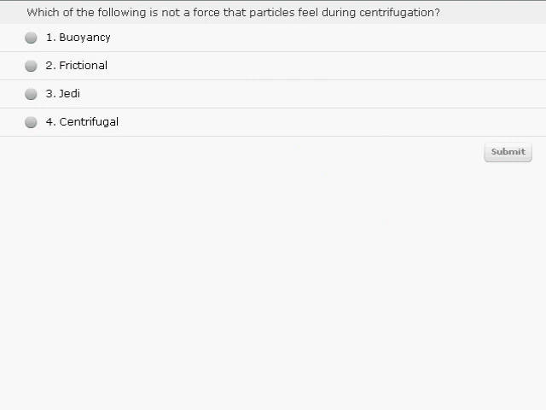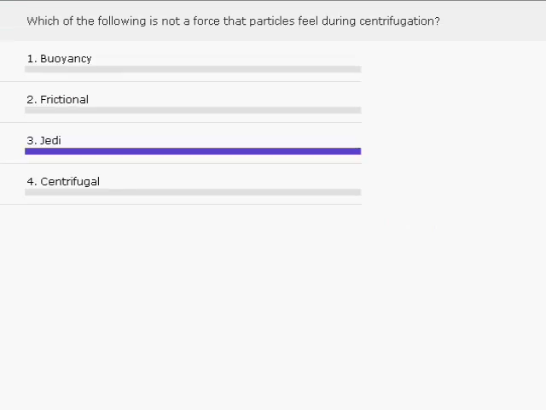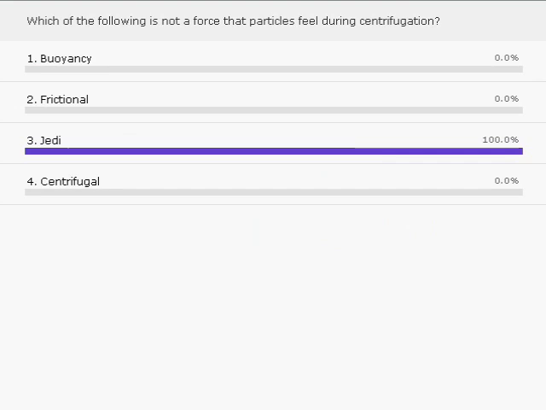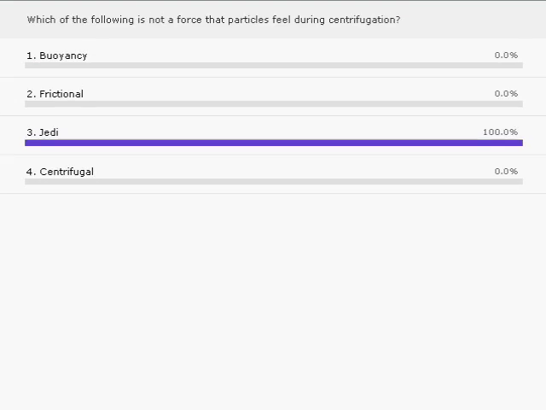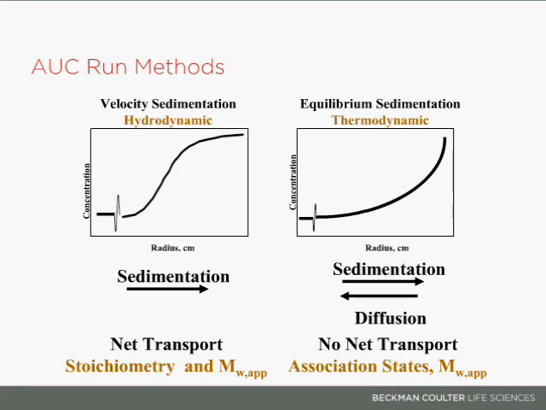So when you're running AUC, there are 2 different run types you can actually perform. The first is velocity sedimentation. You place your samples in the cell, and you just watch the speed that they sediment over time. These runs are typically shorter, a few hours up to a day. They're able to pull out almost all the information needed to study nanoparticles, and they're the more popular run method